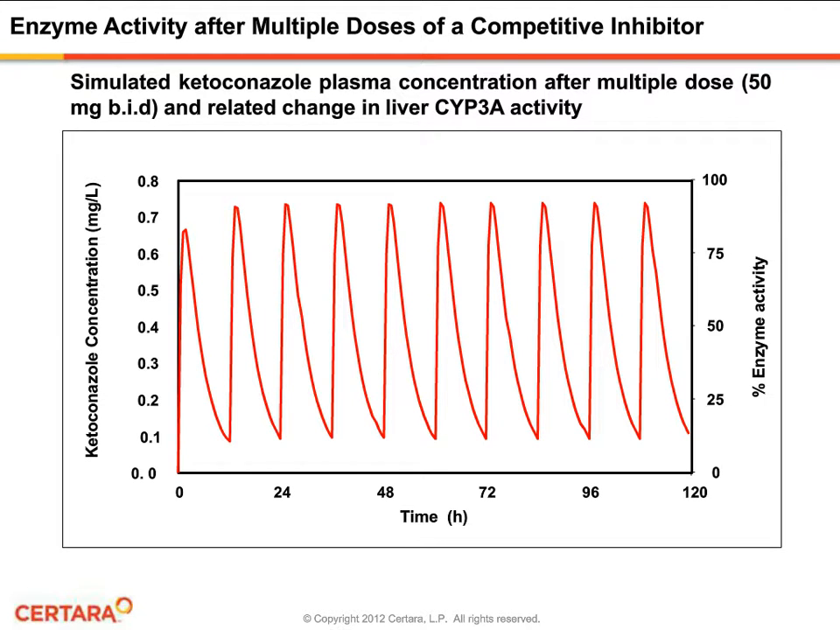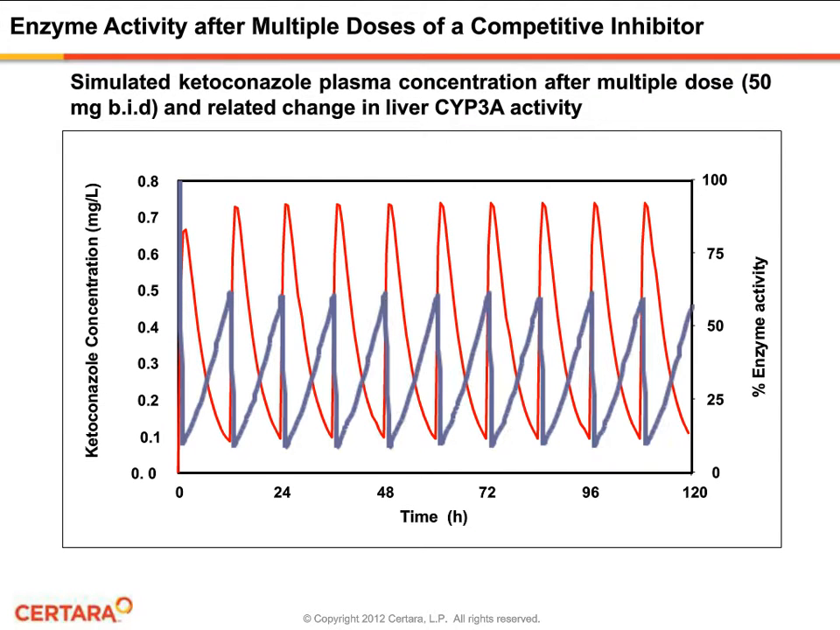On the right-hand axis here, what we've got is the corresponding change in enzyme activity. So obviously, as your ketoconazole concentration is high, your enzyme activity is low because you've got all of this inhibition here. And therefore, it's very important to have a look at the impact of when you're giving your ibrutinib, and it's very dependent on where the enzyme activity is relative to the time when you give